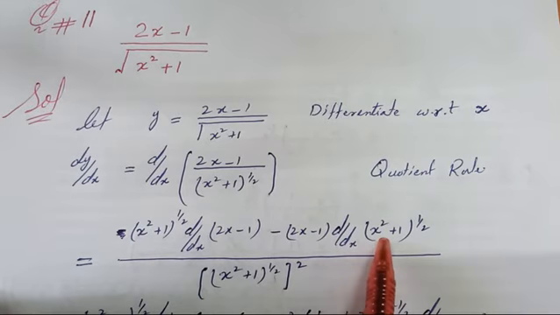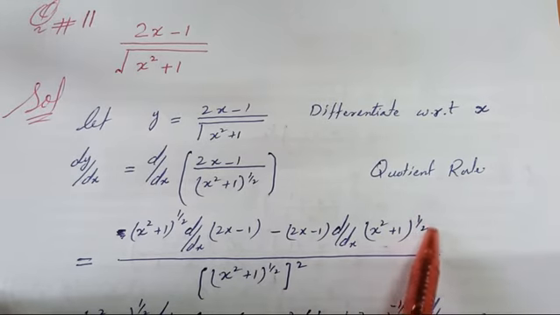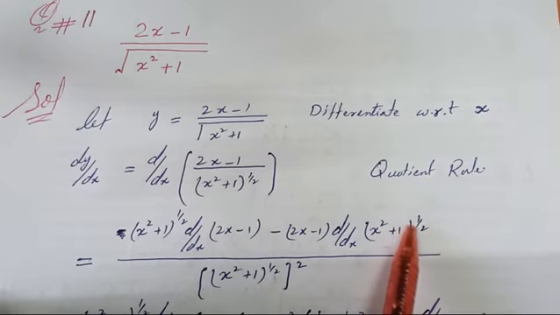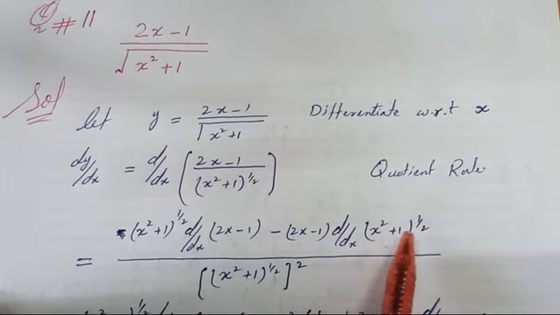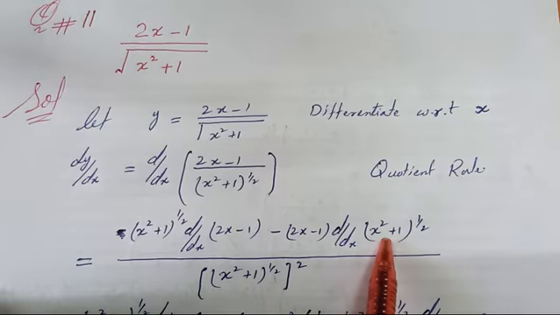While for the derivative of this term, there is a power present. So by using the power rule, you can take the derivative of this term. So what is the power rule? n x to the n minus 1 into the derivative of the given variable. So 1 by 2 (x square plus 1), 1 by 2 minus 1 left behind, minus 1 by 2, and the derivative of this variable x square plus 1, so its derivative is 2x.